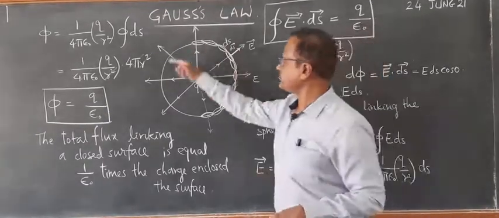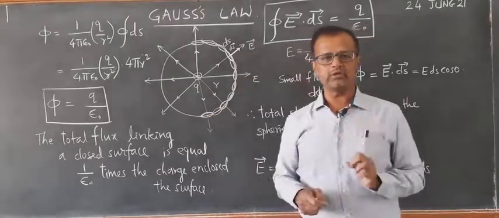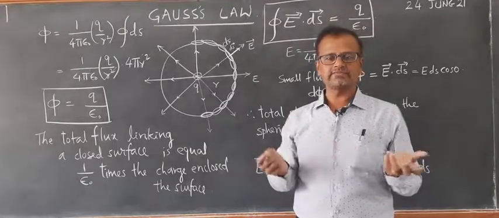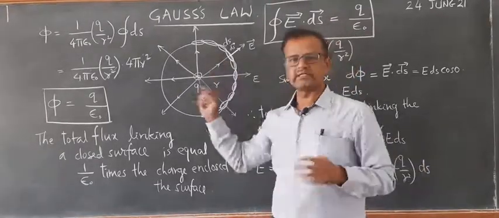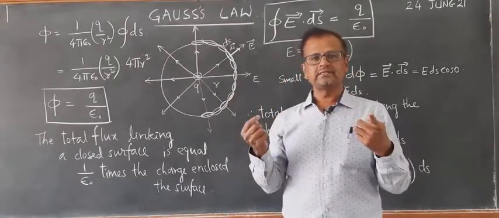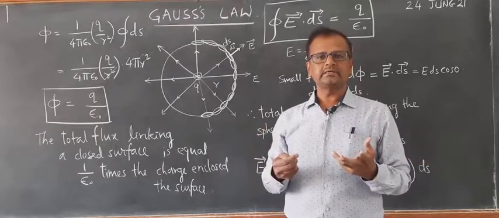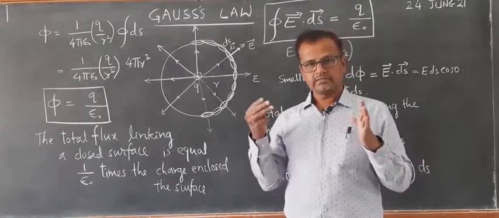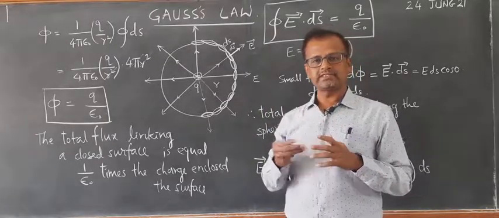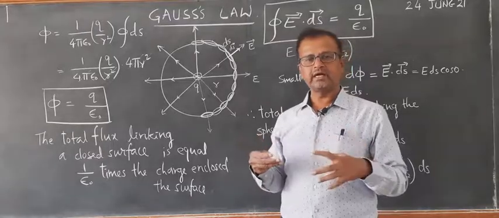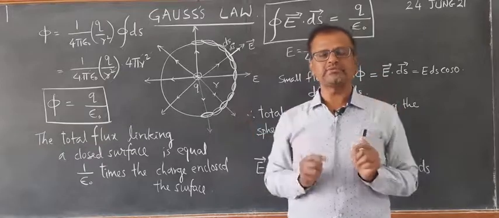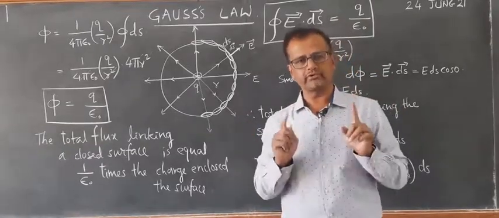The surface that we choose to apply the Gauss law is usually called Gaussian surface. Usually we take a spherical surface, or we may take a cylindrical surface, any surface which is convenient and symmetrical. That will be the surface enclosing that particular electric field, and it is called Gaussian surface. By choosing a Gaussian surface, we will be able to apply Gauss law to calculate electric field.